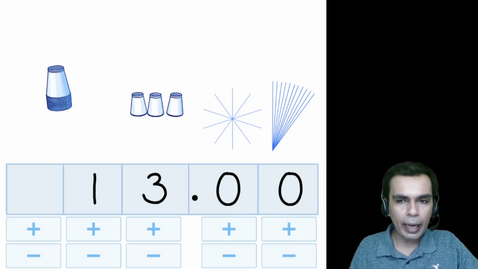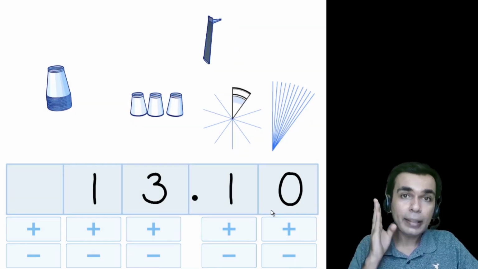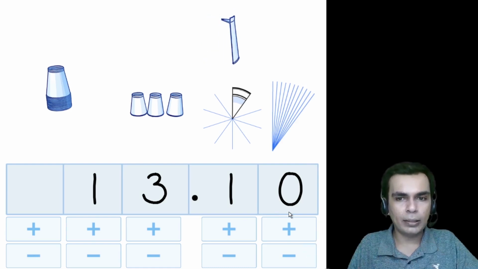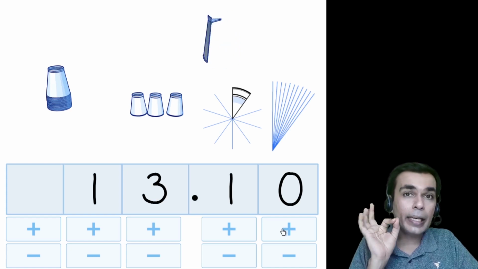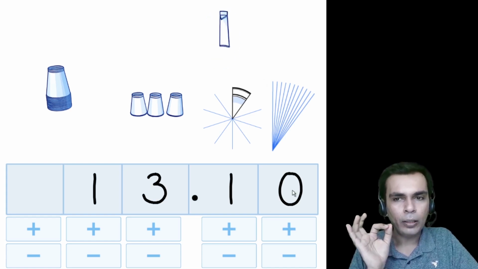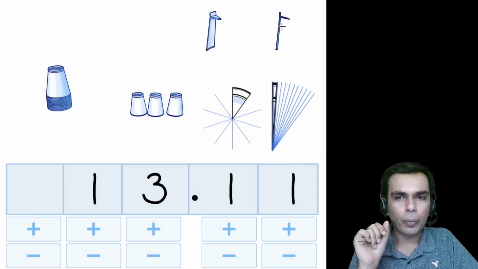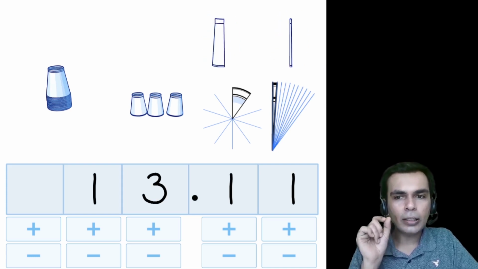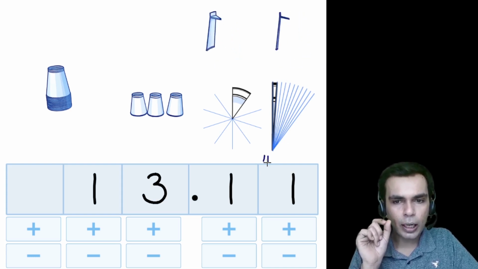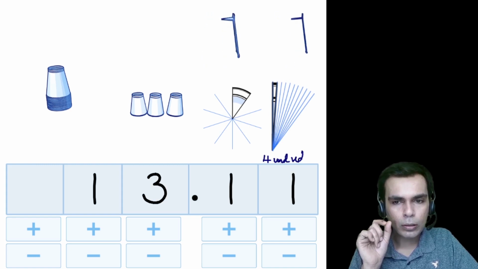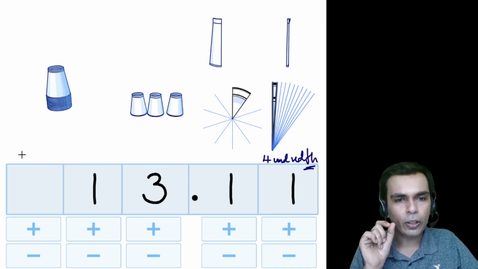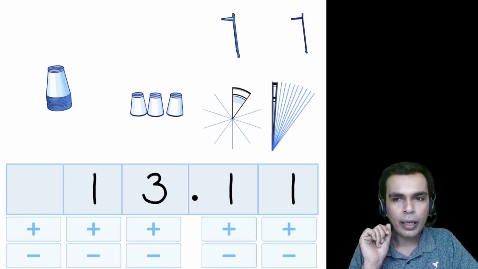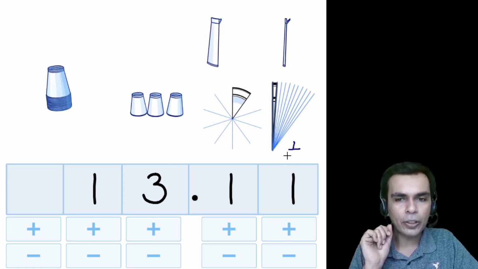So now if I had one of this, and if I have to cut this itself into 10 more, my entire cup will be 10 times 10, which will have 100 parts. So that one thin slice, 100 of them put together, will form this entire cup here. How thin will that be? Here it's at the top. Take a look here. So now 10 of these put together, this of course is a hundredth. Let me show you. This is a hundredth. There's a th at the end. This of course will be 100, but we don't have any of them here. So this is a hundredth, and this is the way it can be written as a fraction.